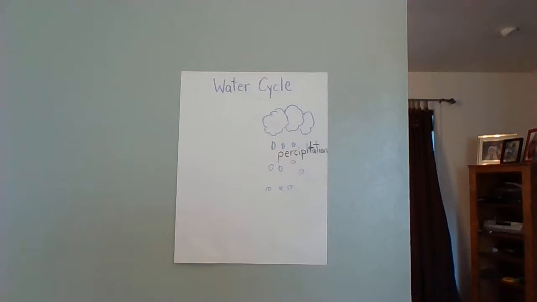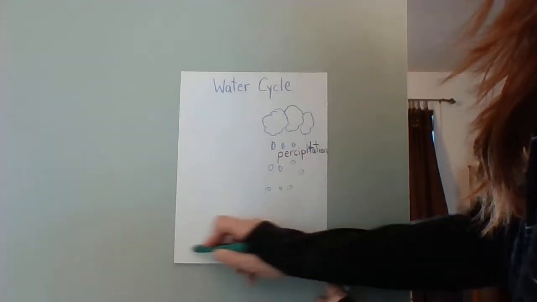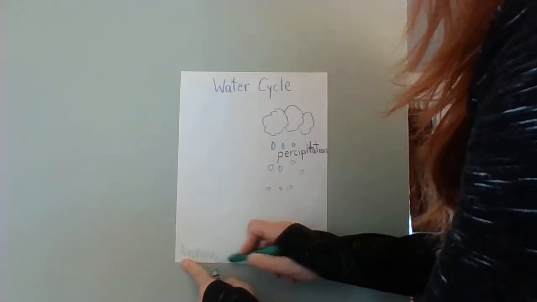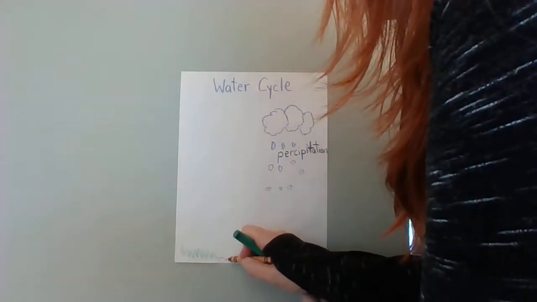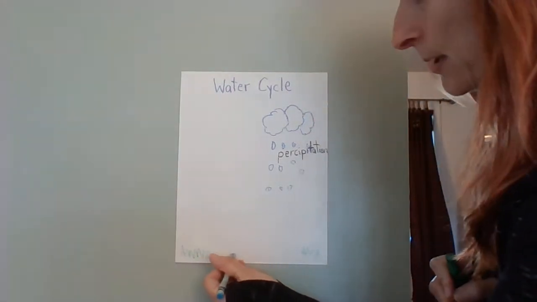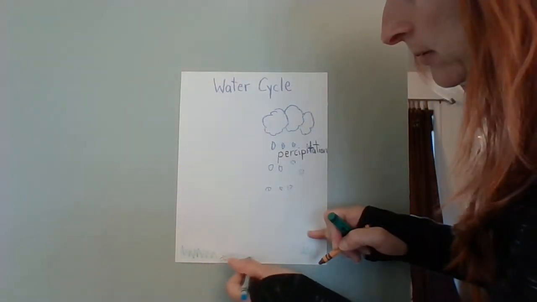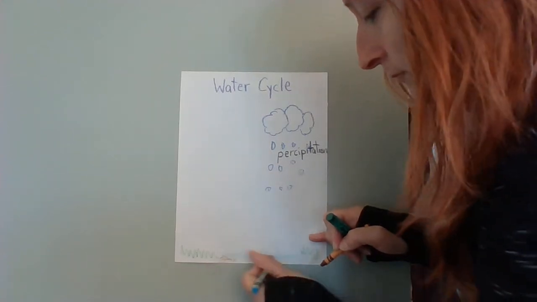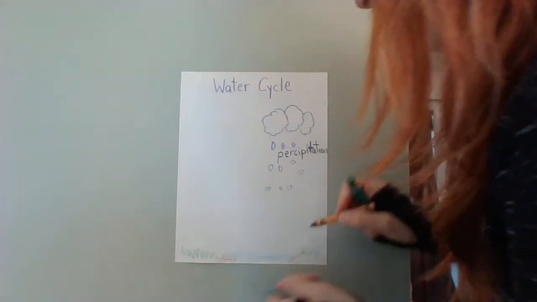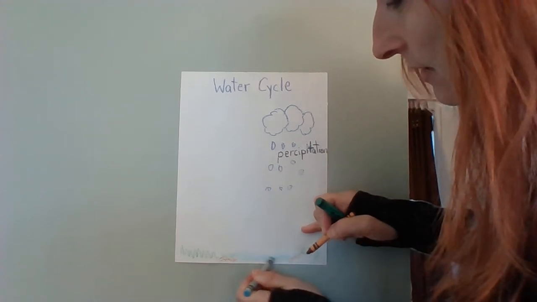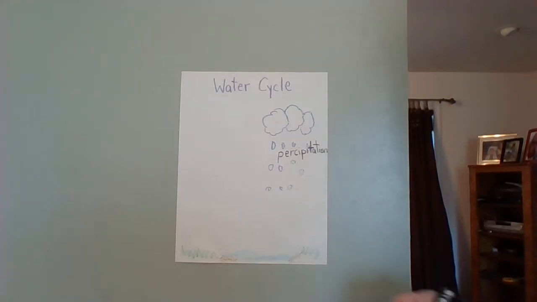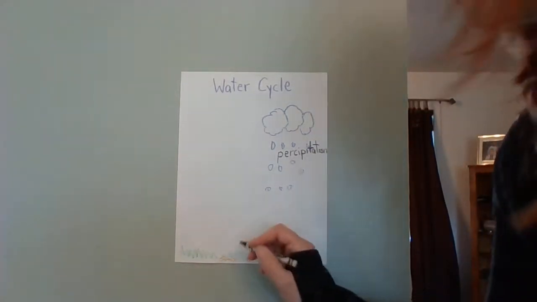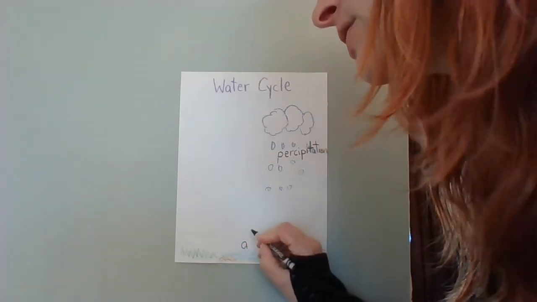All right, I'm going to get my green and some more blue. Now at the bottom, I'm going to make my grass. If you want to do some rocks, you can make some rocks. And then I'm going to put my water down there. Because that's going to be my little pond or my ocean, whatever I want it to be today. And we're going to call this accumulation. It's where it collects. So that's accumulation.